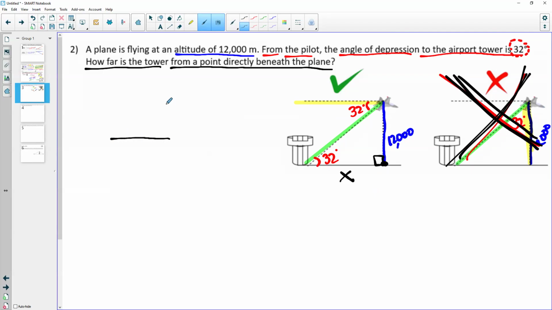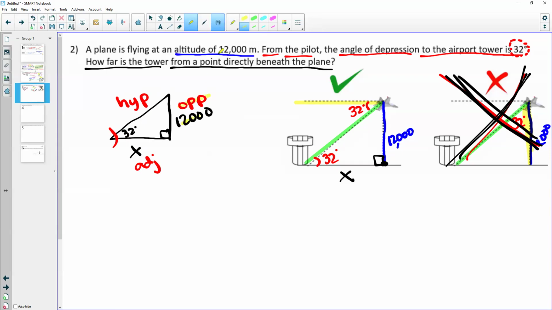To make this a little bit easier to read, I'm going to pull out this triangle from that picture. In this triangle, this vertical side is 12,000. The bottom side is x, and this angle here is 32 degrees. Looking at this triangle using trig, this is our angle of perspective. This is our hypotenuse. We always label hypotenuse first. This is our opposite, and the bottom side represents the adjacent. So in this one, we're working with opposite and